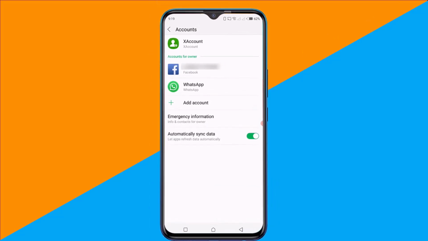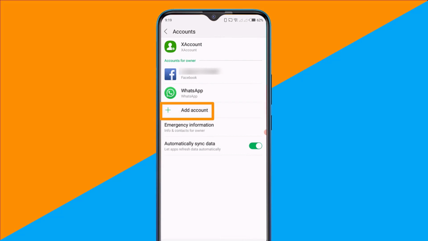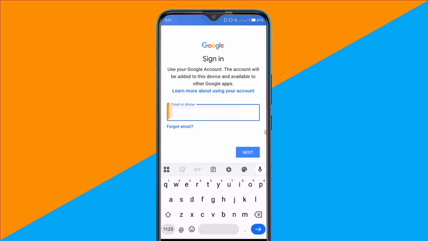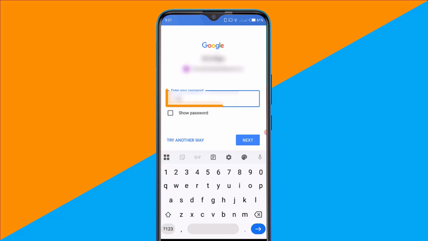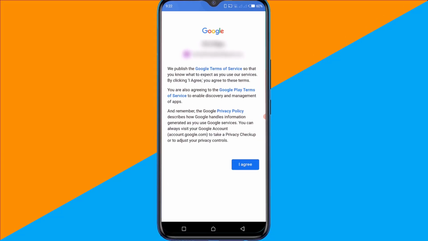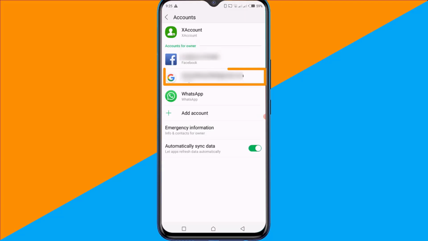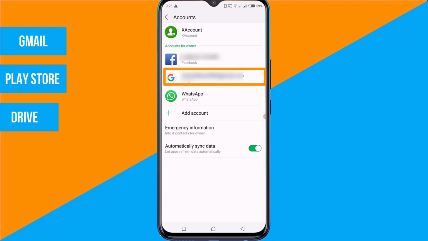After removing it, go back and tap Add Account. Select Google. Sign in with the account you want as your new default. Enter the password. Then tap Next. After that, confirm the terms and conditions of Google. Select I agree. Once added, this newly signed-in account becomes your default Google account for Gmail, Play Store, Drive, and